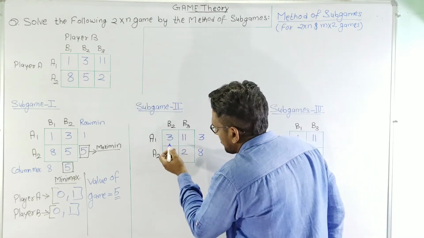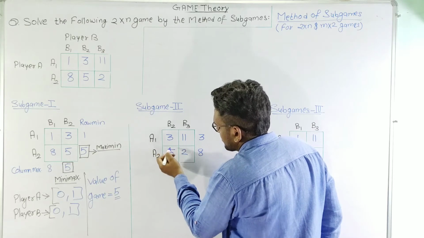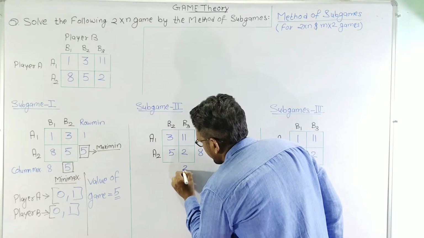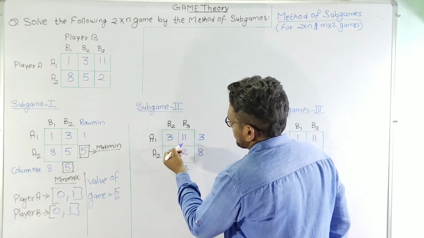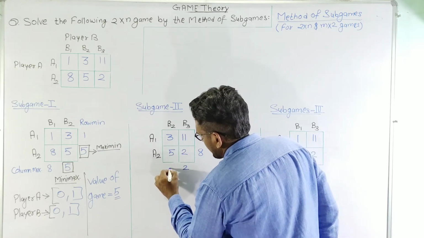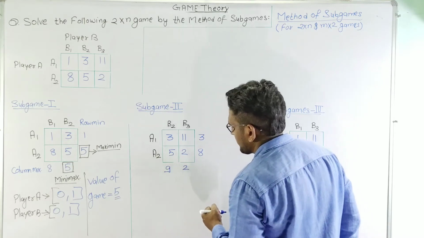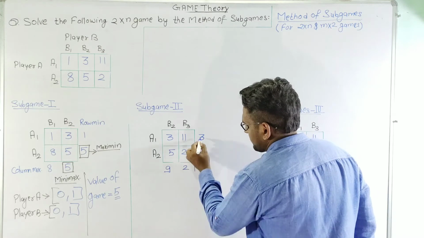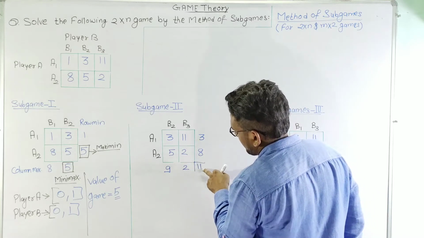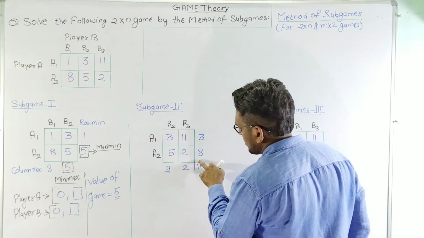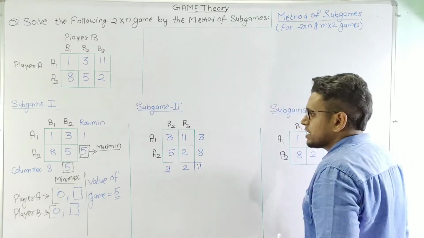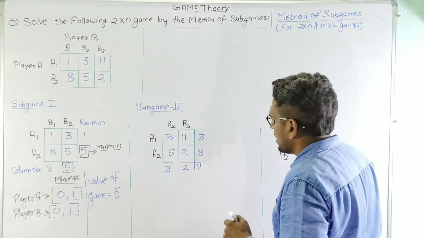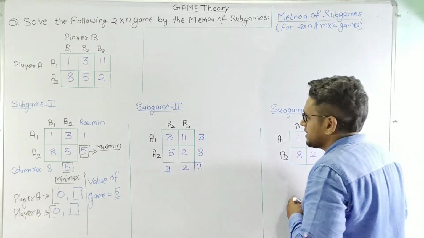Similar is the case with column. This is 3, 5. 5 minus 3 is 2, and 2 we will write against the other column. So here it is 2. And this is 11 minus 2 is 9. 9 we will write against the opposite column. Now we can see here that the summation is 11. Sum of oddments horizontally and vertically is equal to 11. This shows that the value of game for A and B both will be equal. Now let us calculate the probability here.